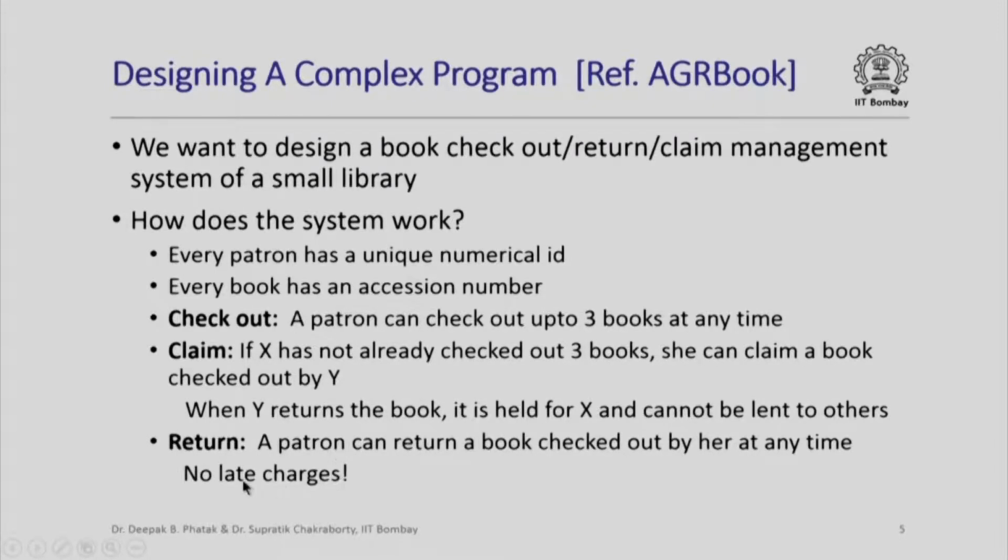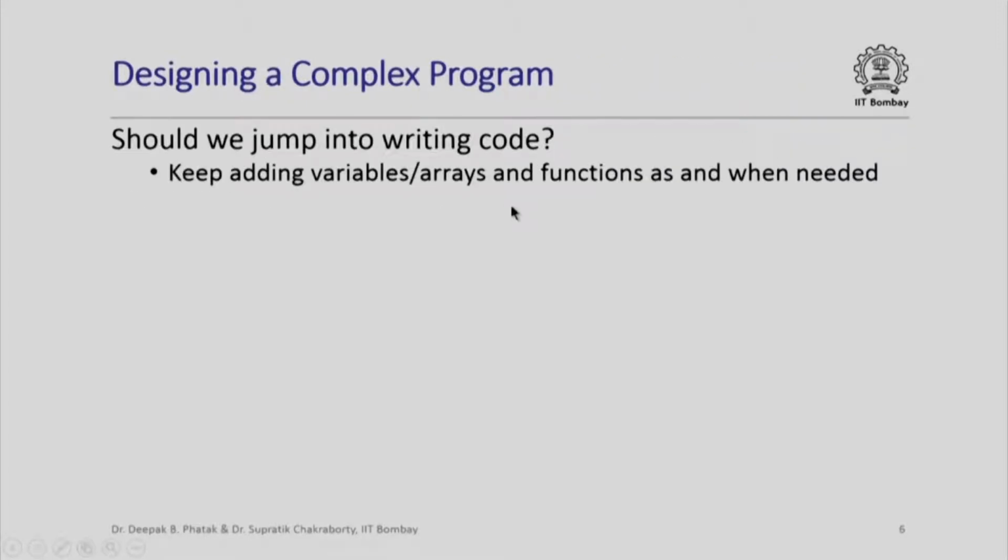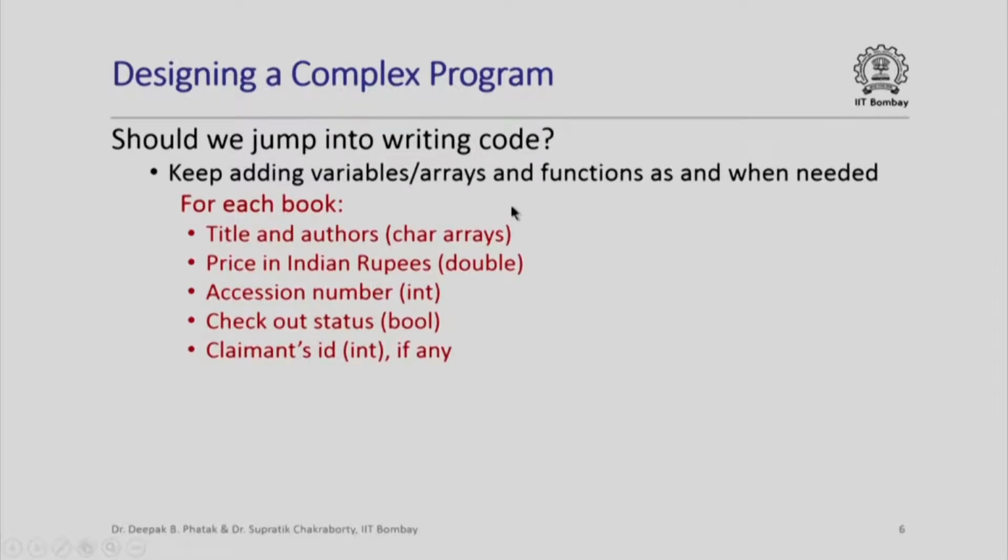And let us say that this is a fairly benevolent small library. There are no late charges for returning books late. So how are we going to implement the information management system for keeping track of checkouts, claims and returns for this small library? Should we jump into writing code straight away and then keep adding variables or arrays and functions as and when needed? Well, if we try to do that, the first thing that we will have to realize